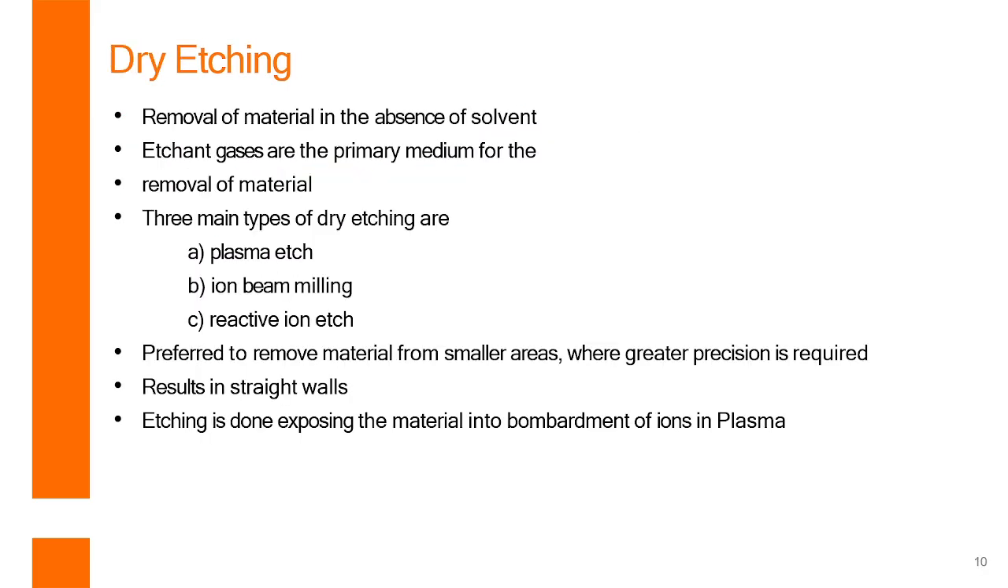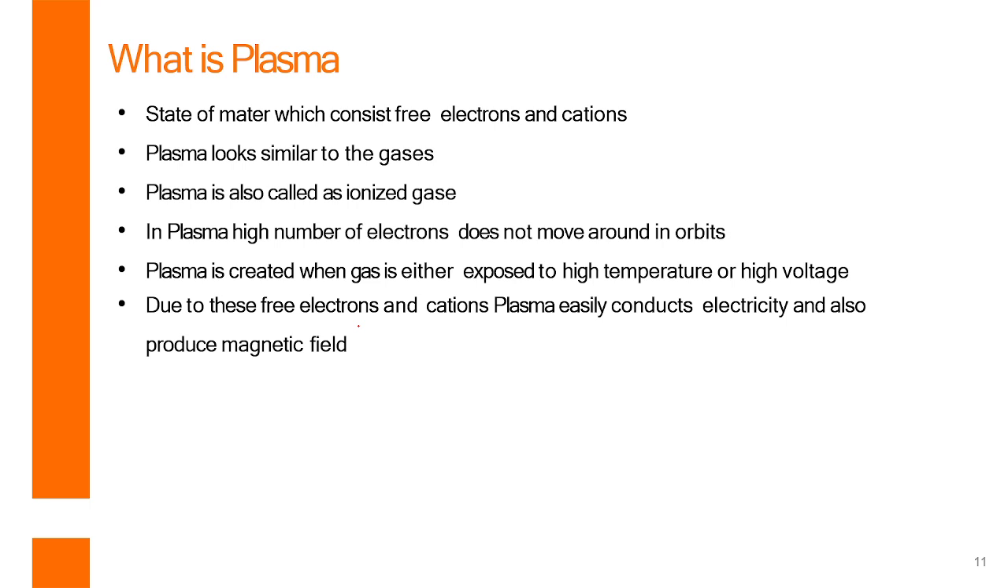Dry etching is nothing but removal of material in the absence of water, in the absence of solvents. Mainly we use three types of dry etching: plasma etching, ion beam etching, and reactive ion etching. So what are these? We'll see plasma etching. If you see the plasma,